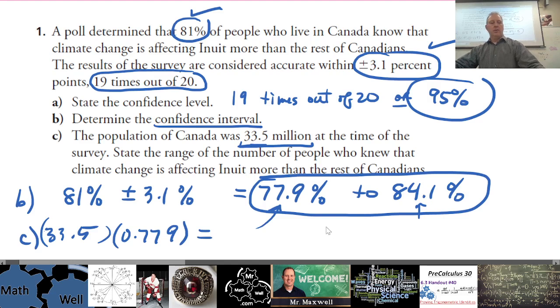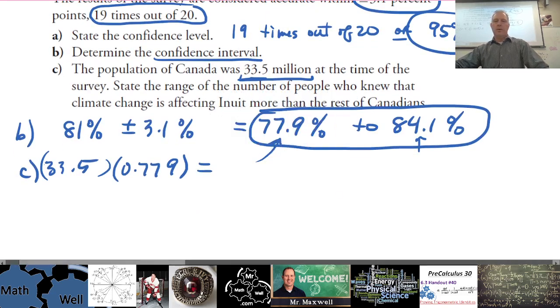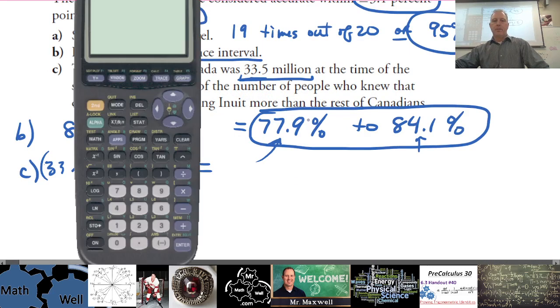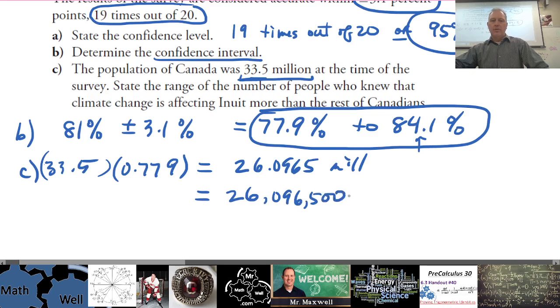You have your calculators out. You can punch that in. What do we get for a number there? It's probably going to be a pretty long number. My calculator's taking some time to wake up here. 26.0965. Sorry, can you say that one more time? 0965. Okay, so that's million. Now, we should write out the entire number instead of just saying million. So let's go 26 and then 0.96500, I guess, right? 26 million using those decimals.